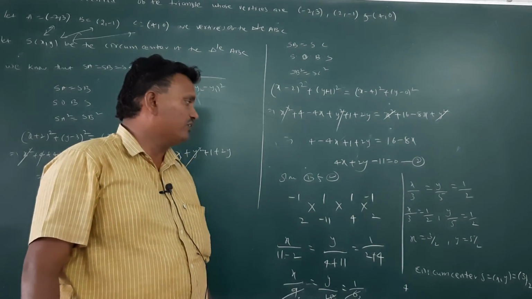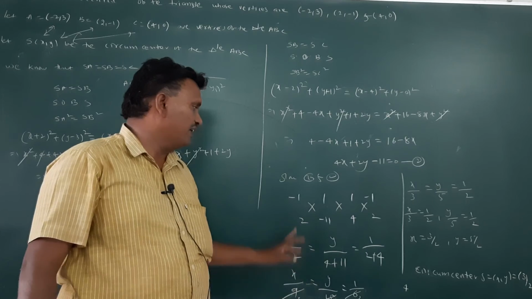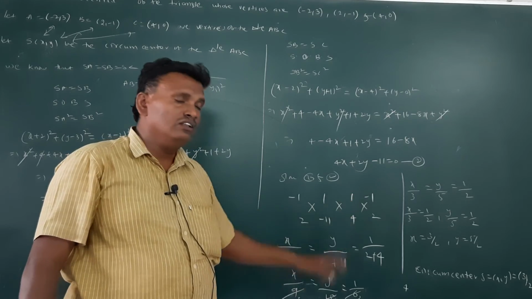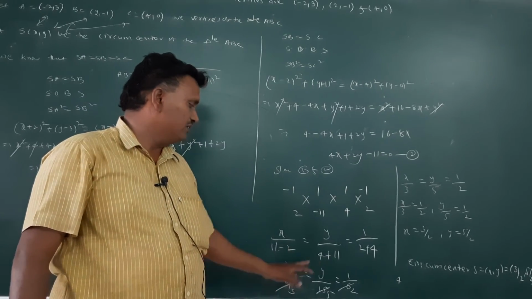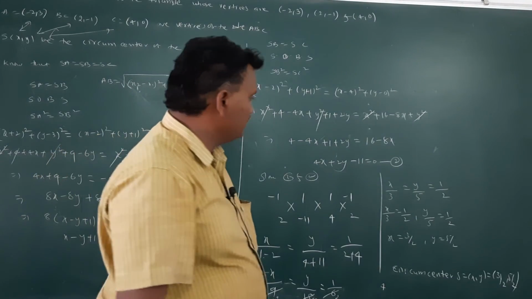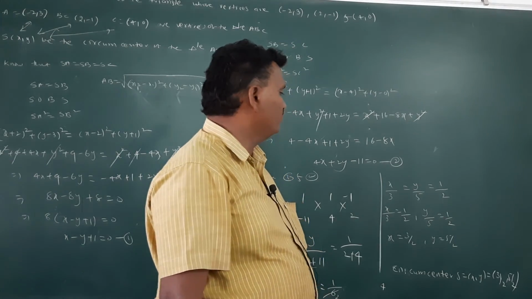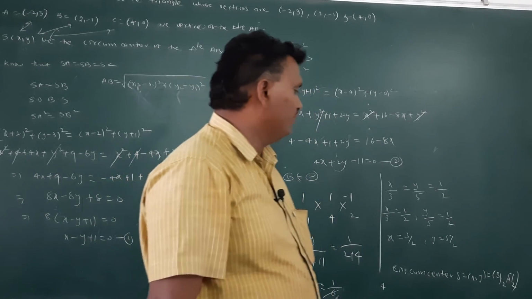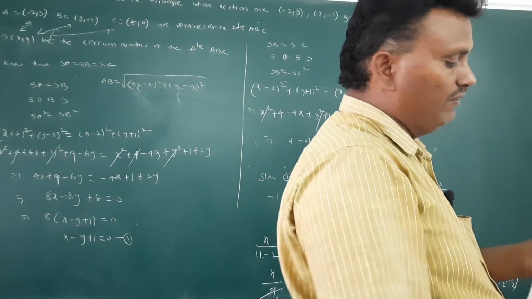Again write the y coefficient. Use the 2 by 2 determinant method, AD minus BC. Minus into minus plus 11, 1 11s are 11, 2 1s are 2, 11 minus 2. 4 1s are 4. Minus into minus plus 11 plus 4, 2 1s are 2, 4 plus 1. Next x by 9, y by 15, 1 by 6, 3 2s are 6, 3 5s are 15, 3 3s are 9. x by 3 is equal to y by 5 is equal to 1 by 2. x by 3 is equal to 1 by 2. y by 5 is equal to 1 by 2. x is equal to 3 by 2. y is equal to 5 by 2. The circumcenter S, x comma y, is equal to 3 by 2 comma 5 by 2.